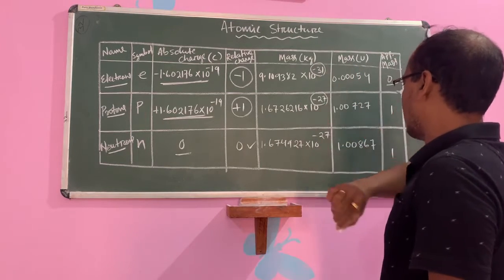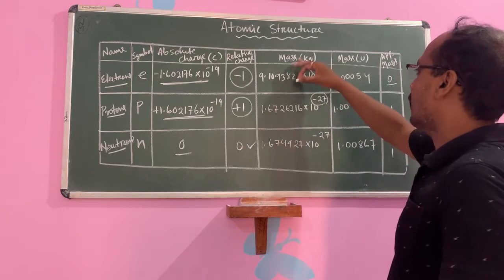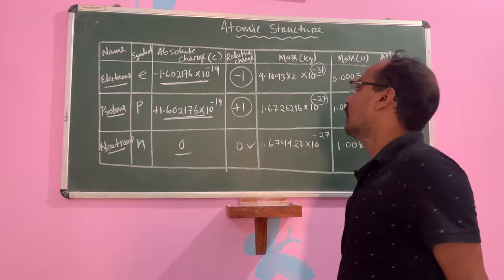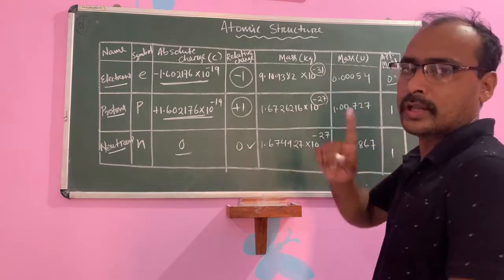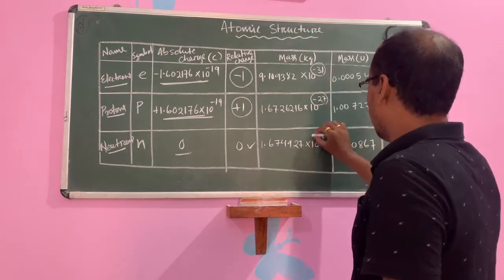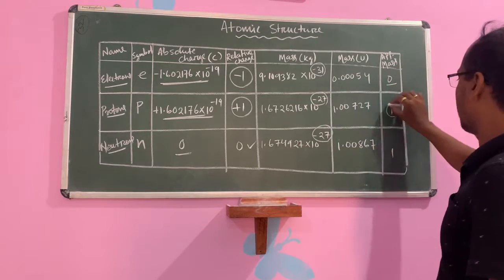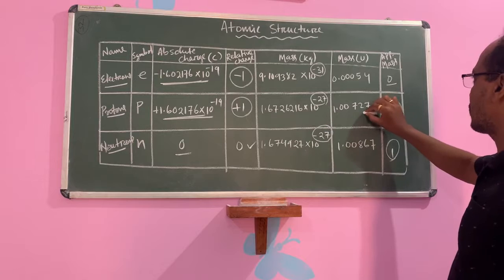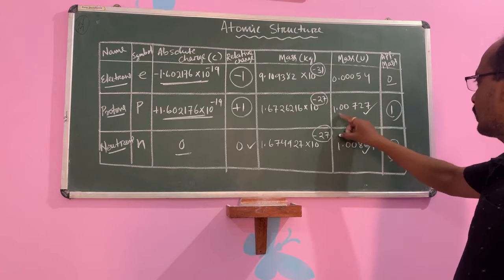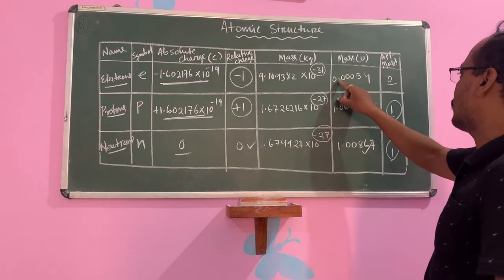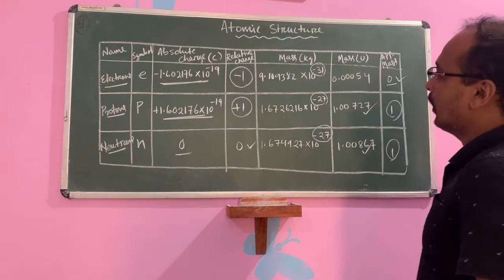This is 10^-27 kg. It means this one is more than the electron, because electrons are revolving around the nucleus at very high speed. So the mass is very small, negligible. Okay. Then the neutron has approximately similar mass to the proton. So having 1, these are known as mass units. These are 1.00, 1.00, 1837, and this one is 0.00, approximately 0.